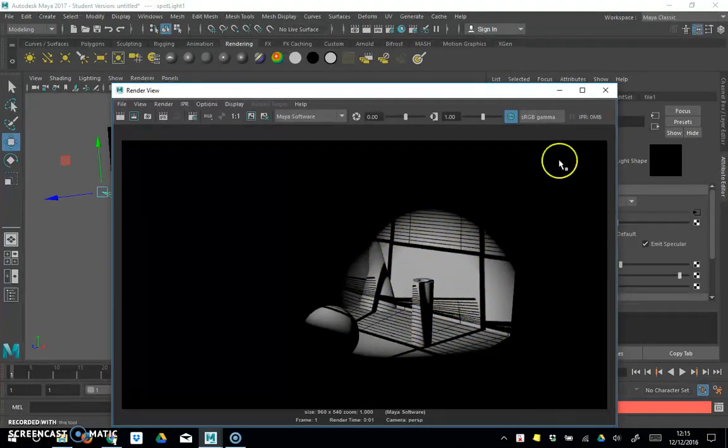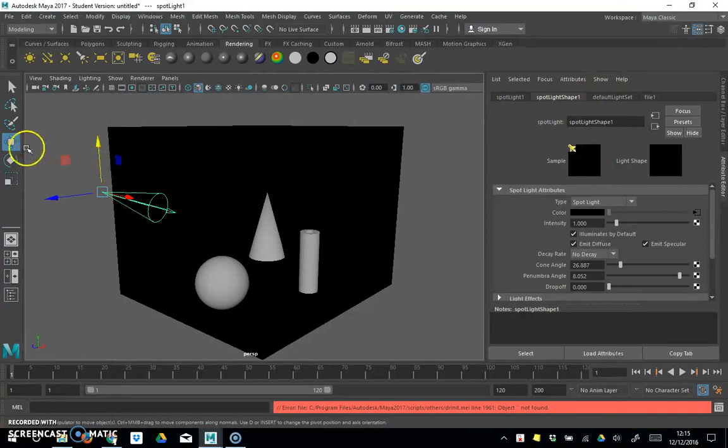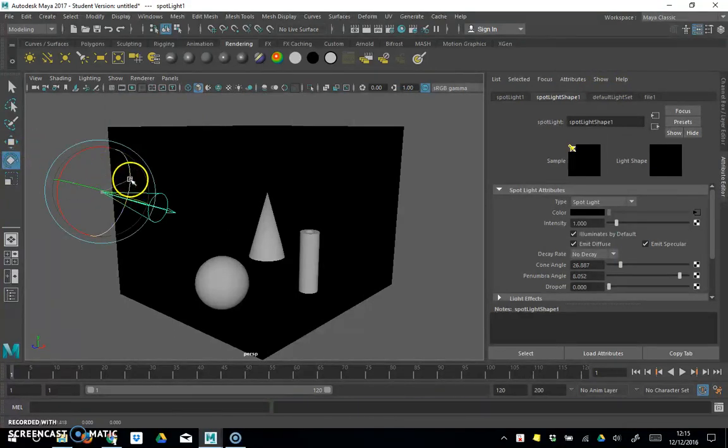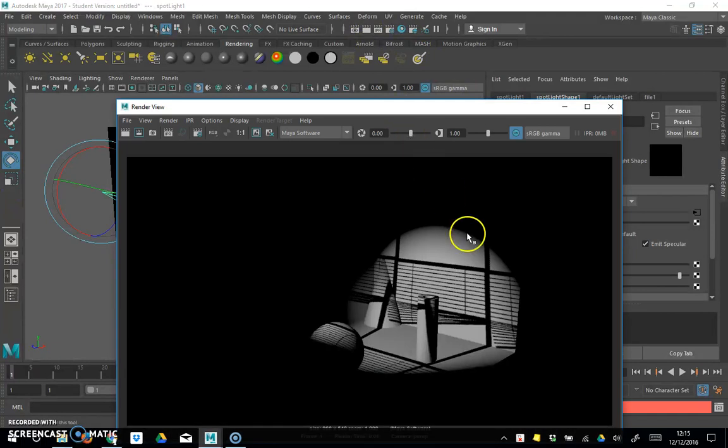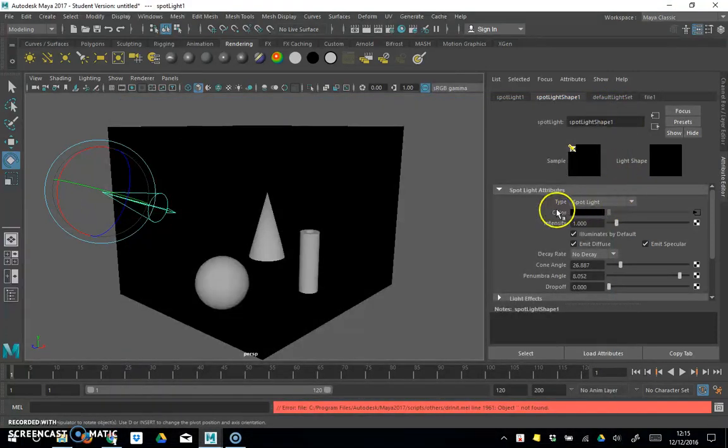And that, if it's upside down, which that one looks like it is, of course, all you've got to do is come over to your cone and spin it around 180 degrees. And there we go. So we can do all sorts of effects with this, and just really have a really good play around with using lights, and you'll find your scenes begin to look a lot more lively when you